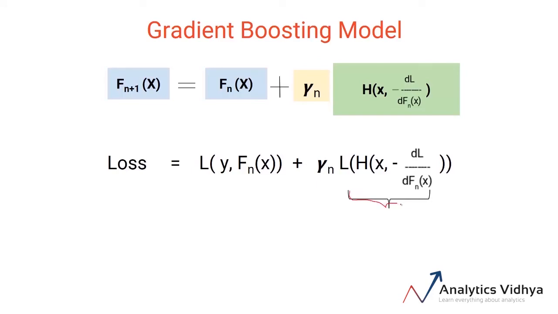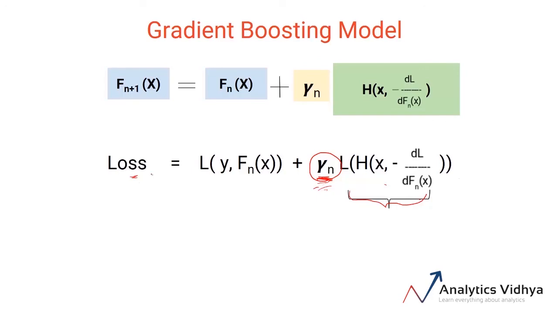But the second part of this equation is the loss by the model that we are currently working on. The model itself cannot be changed, but we can still change the gamma value, right? Now we need to select a value of gamma such that the overall loss is minimized. And this value is selected using the gradient descent process. So the idea is to minimize the overall loss by deciding the right value of gamma for each model that we build. So when we build the next model, that model will again have a coefficient gamma n, and we'll try to select the right value such that the overall loss is minimum.